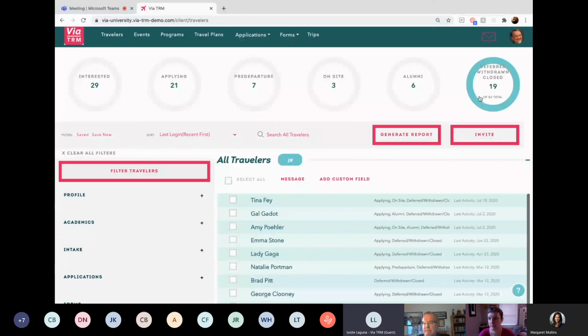And finally, the deferred, withdrawn, closed, which is really more or less a catch-all for all of the rest of the students, or the applications, I should say, that were not moved forward with. So if a traveler defers their application, or they withdraw their application, or maybe they started it but they didn't want to move forward, they then move into this tracking step, which gives you an understanding of how many of those students are